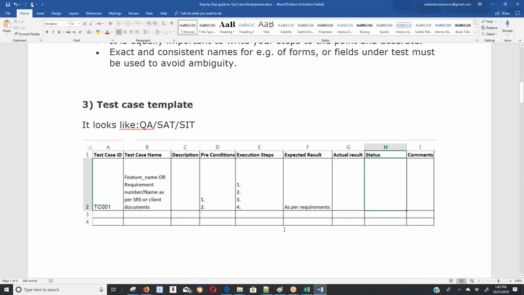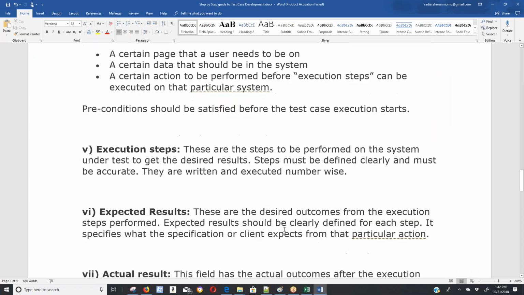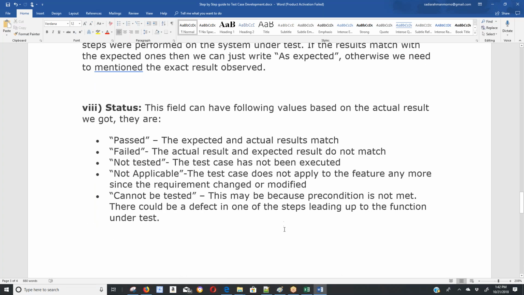I'll share this with you, just go through it and you can get familiar with it. Another one is the status, which I told you about last time. What could the status be? Suppose your test case passes, after execution you put passed. If it is failed, then you put a failed status, and in the meantime you have extra work. When it is failed, you need to document it in another Excel sheet which is defined for defects,